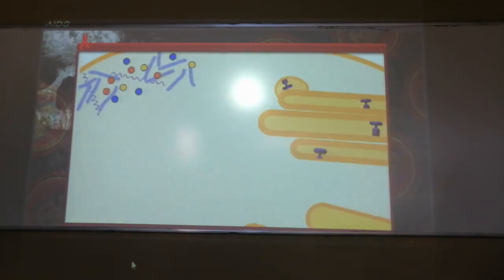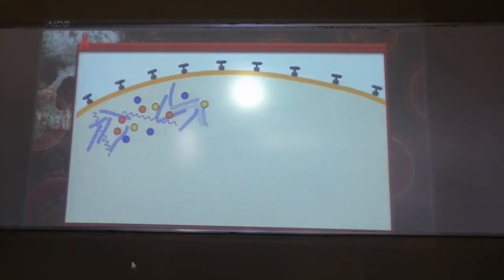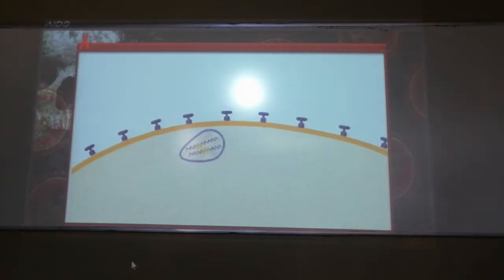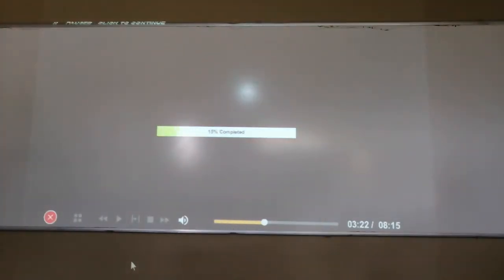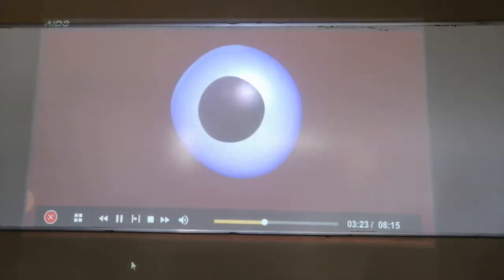This is the host nucleus, you can see the purple color. Then the host cell releases the RNA. The RNA again makes the protein. It gets into the Golgi bodies, and then it is released out of the cell. Now you can see how the virus is generated from every cell. When one cell releases the viruses, they go and infect other cells by the same process, and many viruses are produced inside the same cell.